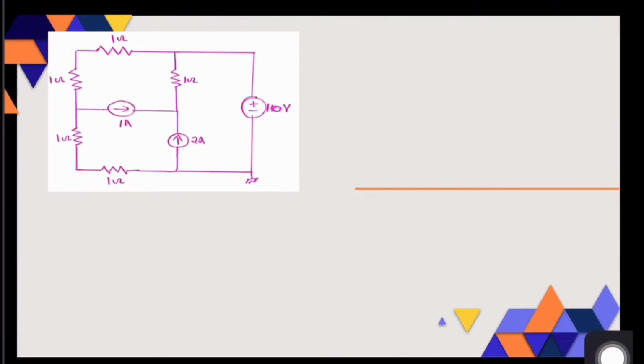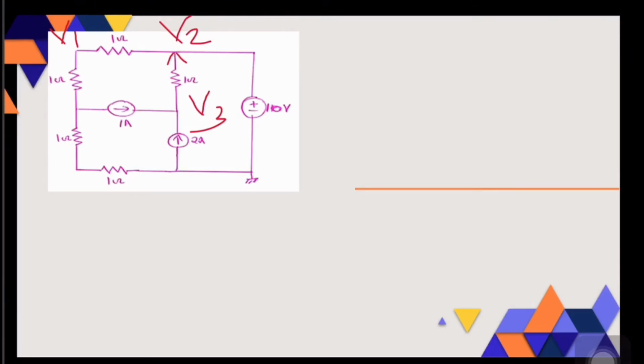And for determining that unknown quantity, we are going to perform nodal analysis in this network. As you know, if we want to perform nodal analysis in a network, first we have to identify all nodes present in that network. Now, can anybody tell me how many nodes are present in this network? Here we have 4 nodes. Let us label this as node V1, this as node V2, this as node V3 and this as reference node since it is having maximum number of connections.